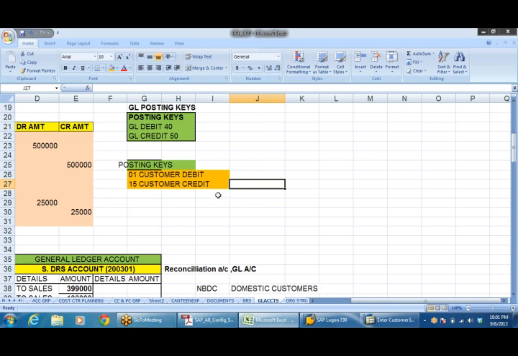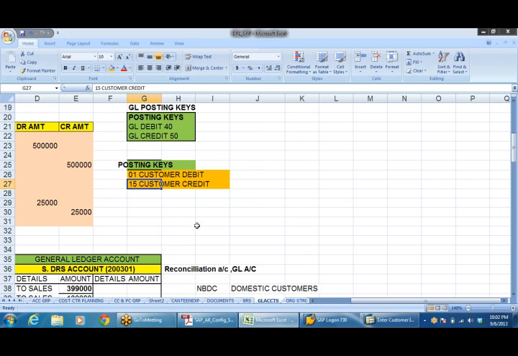I think you may have a doubt. What is the difference between debit and credit? In a general accounting system, debit and credit meaning is the same. In a general accounting system, debit and credit are one and the same. But in SAP, this is going to be changed. Why does it have to be changed like this?